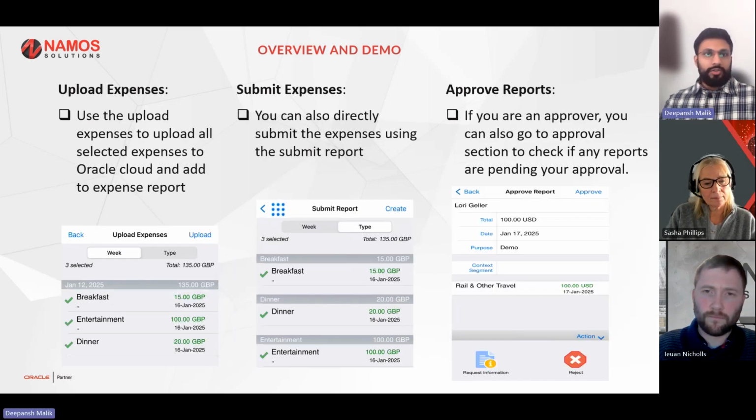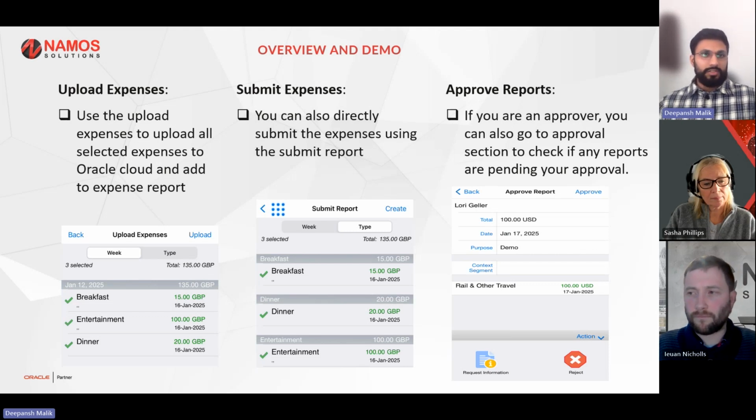Then you have the option to upload expenses, submit expenses. Upload will just upload all the expenses to Oracle Cloud, and then you can add those to an expense report and then submit it. You can use submit expenses to directly submit the expense report from